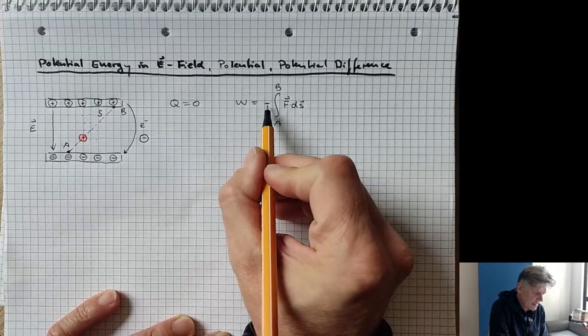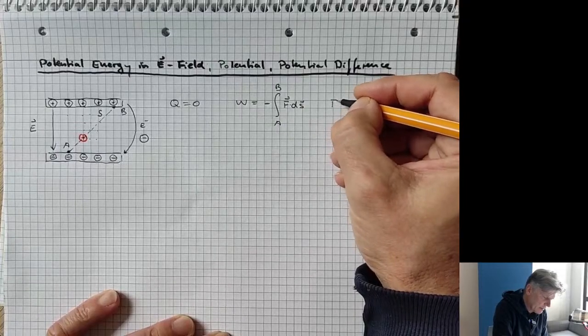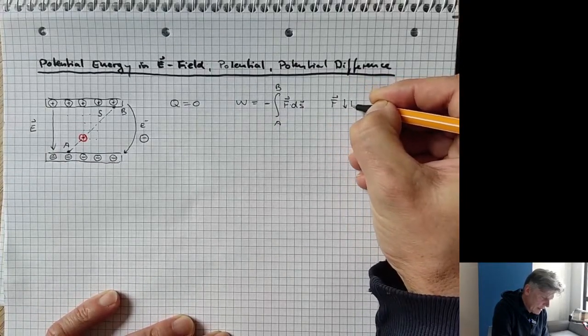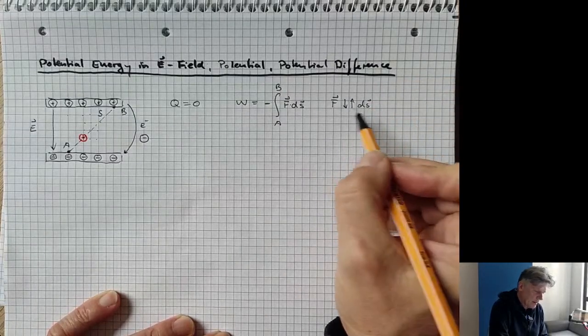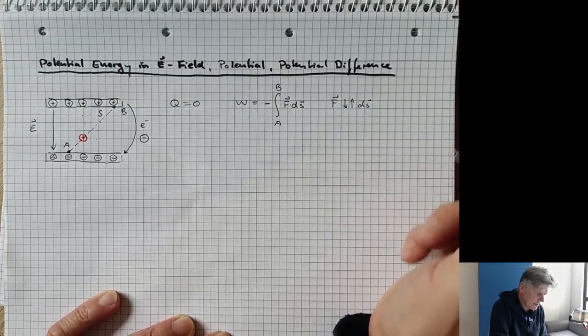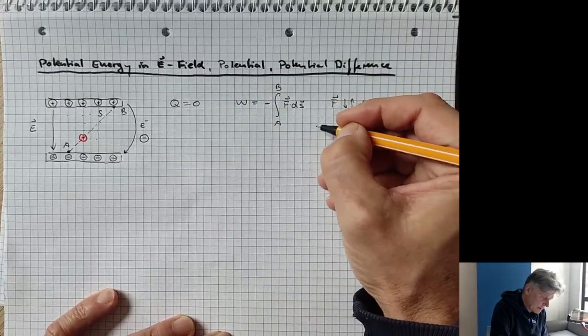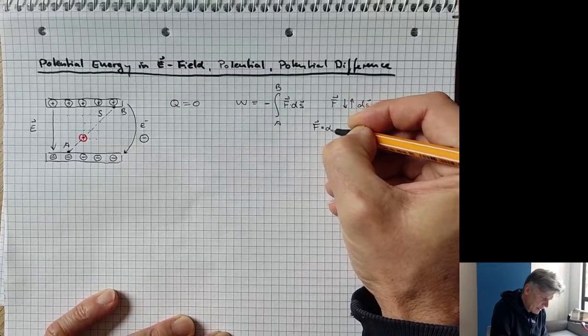So with this negative, it becomes positive. So that means if, for example, F is pointing, let's say, downward, and ds is pointing upward, and let's say they are perfectly antiparallel, then you know that from the scalar product, let's say F ds,